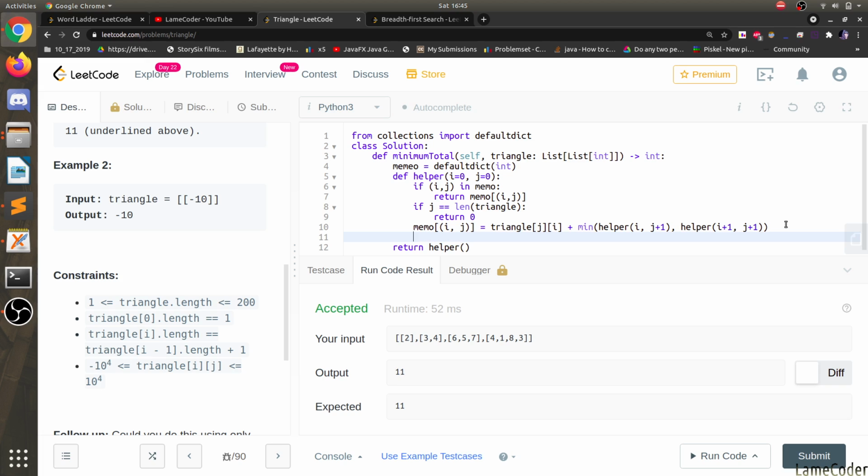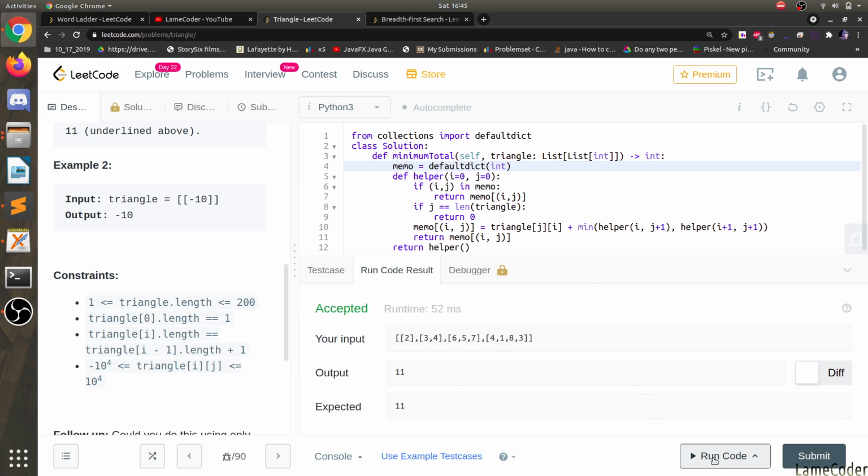Does it work? No, I haven't copied memo i, j, so now let's do this. Return memo of i, j and return helper.